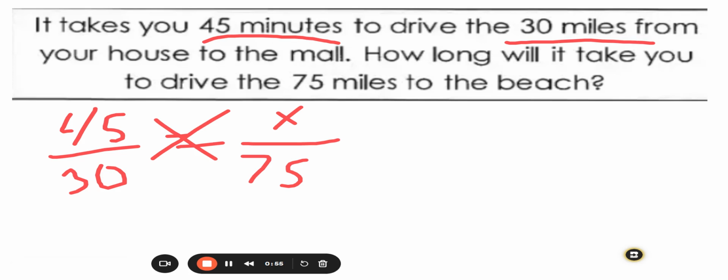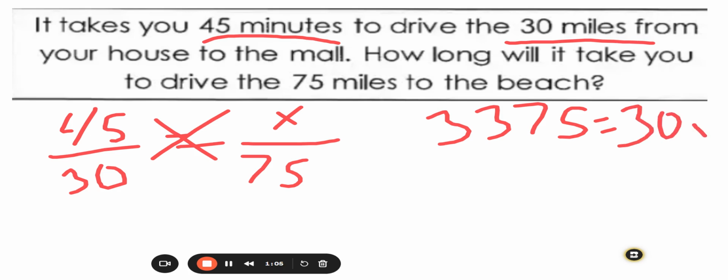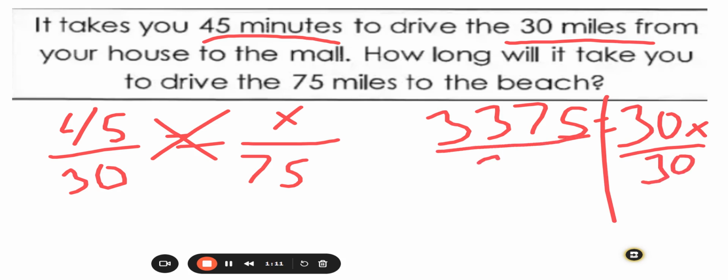So 45 times 75, this is going to give me 3,375. 30 times X is going to give me 30X. From here, this is your whole draw the river, box up the variable, and do the opposite stuff, right? Same thing we've been doing. We're just pretty much cross multiplying and dividing. All right, this part right here will cancel out, and X will be by itself. And then 3,375 divided by 30 will give me